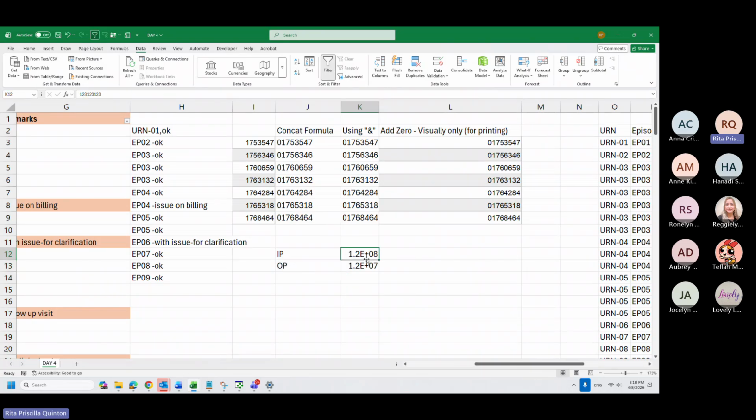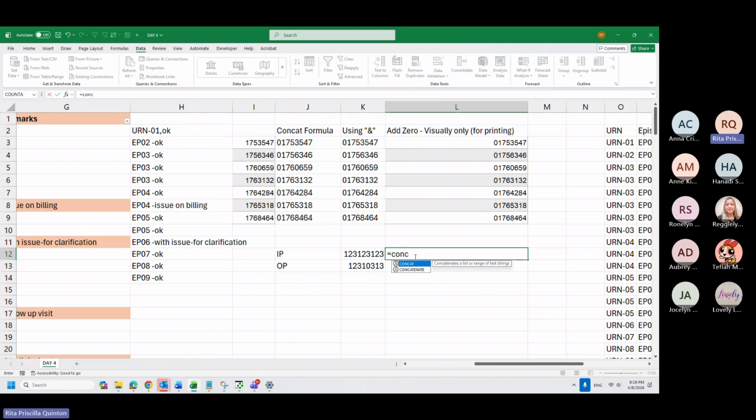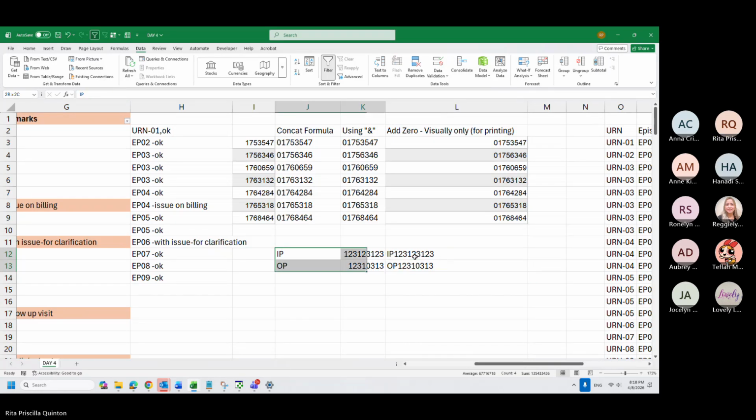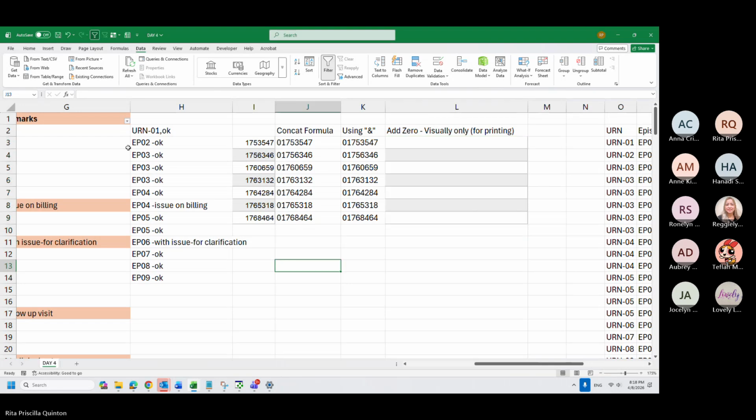When that happens, I already have the second text and then I can do concatenate to join them. Now I have it without space. I hope the concatenate is clear.